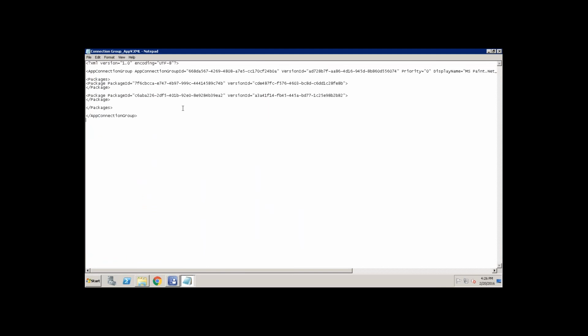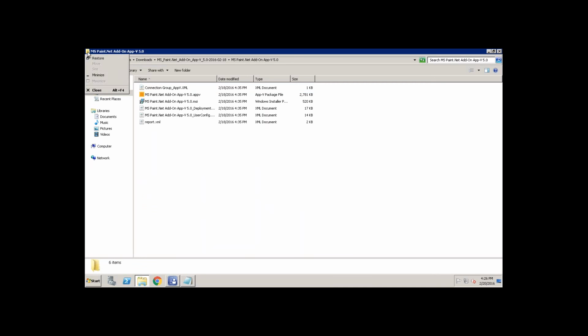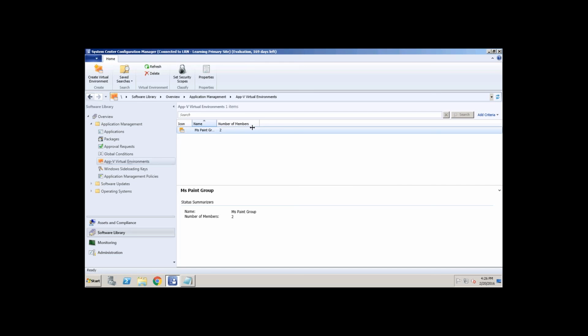For creating a connection group, you need to know the package ID and version ID of the two packages, and again your connection group should have the version ID and package ID. Then you have to run the command lines. There's a lot of stuff involved, but when it comes to the interface, you are just simply adding the package and going to the checkbox. That package is getting added to the connection group.